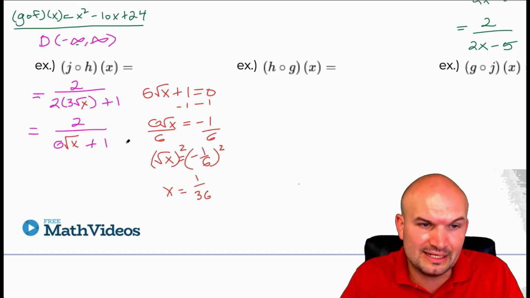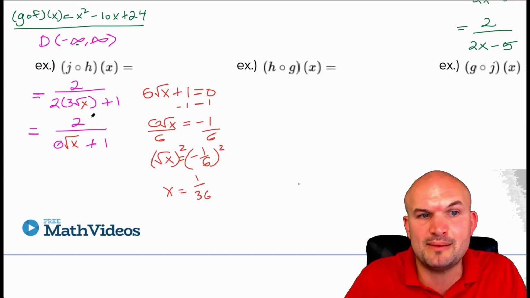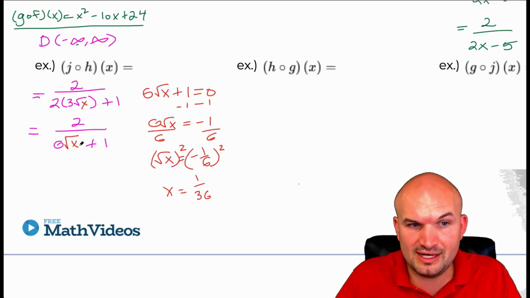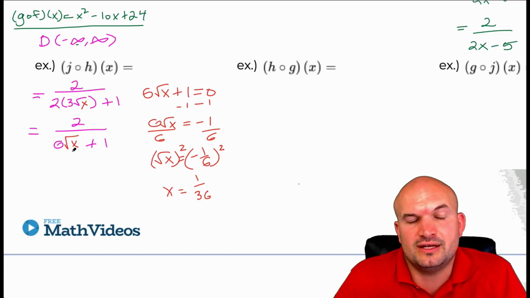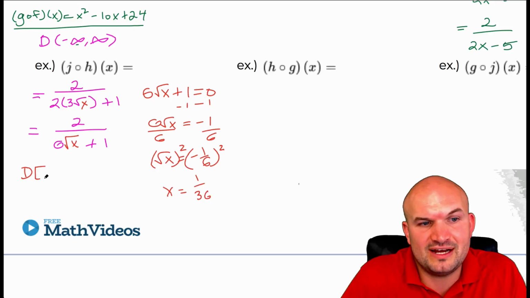And the reason being is if you look at the radical, we have another radical constraint from our h of x. Remember, our h of x is for all values that are greater than 0, right? Because for you to take the square root of a radical number, it has to be greater than 0. So if I look at this, my domain, if I just take my original restriction from 0 to infinity,